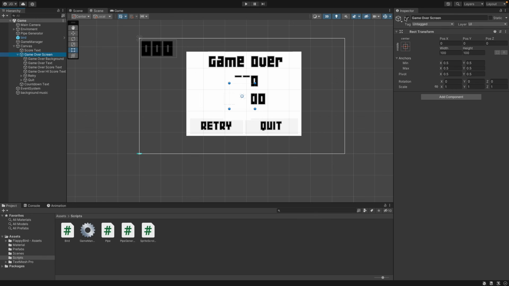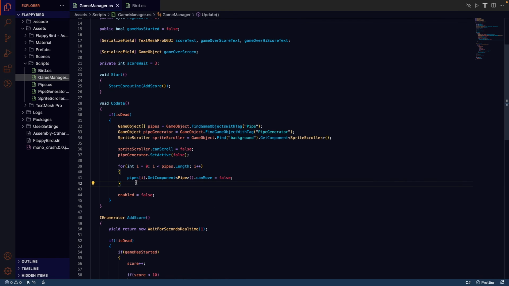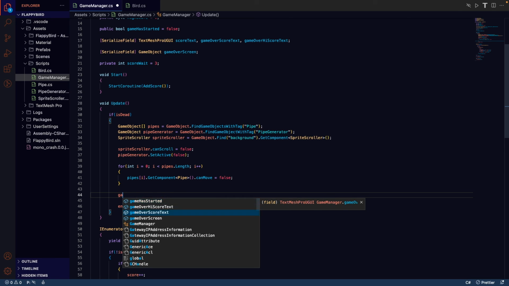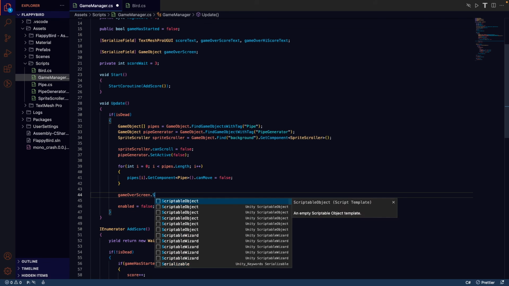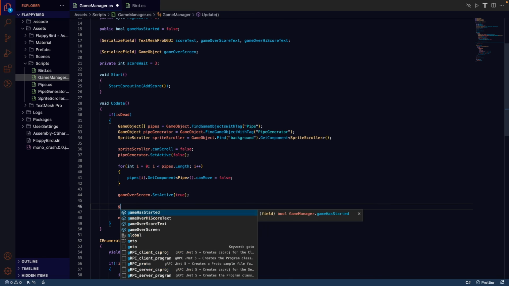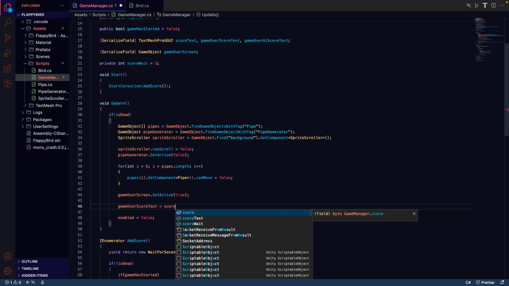Okay, so we just want to hide our game over screen, go back to the code. Right, on our death, we're going to have game over screen dot set active to true, and I'll set it active to true the game over. Now, next we want to go game over score text is equal to our score